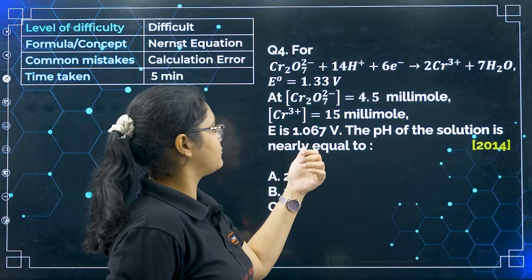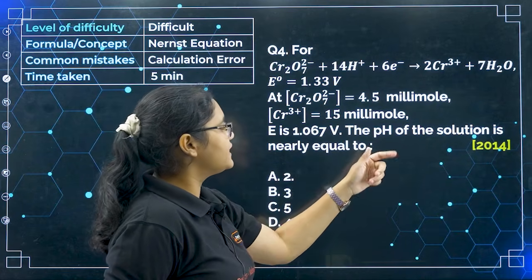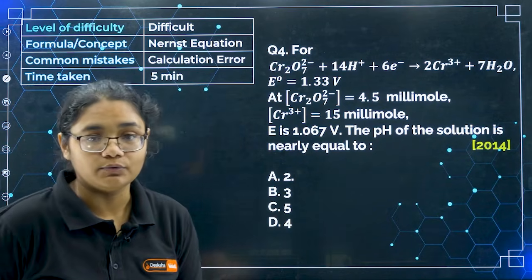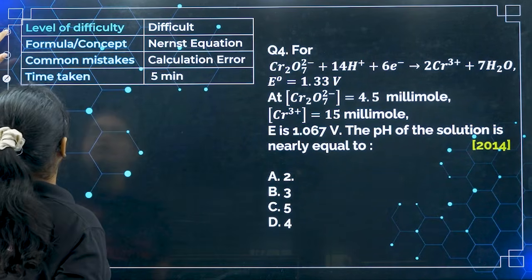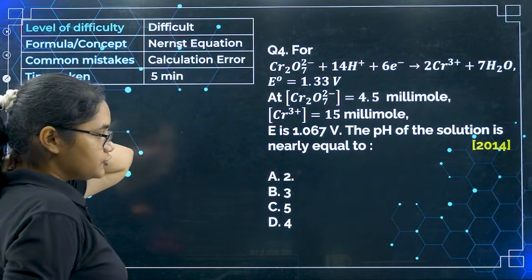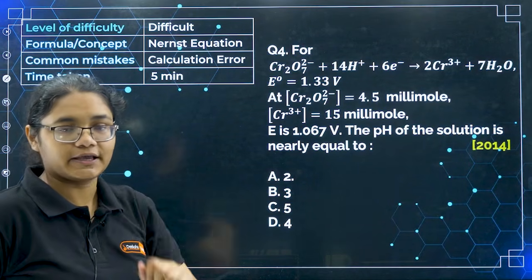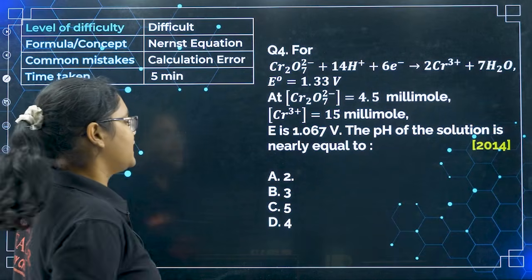E value is 1.067 volt. The pH of the solution is nearly equal to, you need to find the pH of this solution. So what is pH here? How to calculate pH? So we have studied